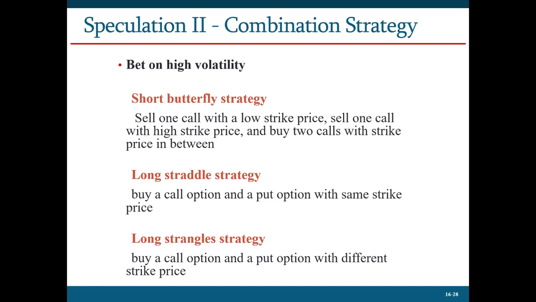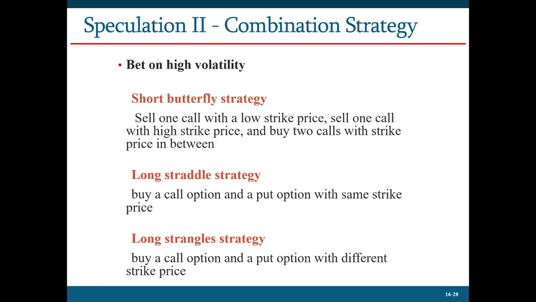Essentially, what you are sure about today is there will be tremendous volatility tomorrow. Although you don't know the direction, that's all you need to know to make money. How? You can use a combination strategy, betting on the high volatility. And if high volatility is something that you are very sure about, then the combination strategy will generate a tremendous amount of gain. And here you have three alternative strategies to bet on high volatility.